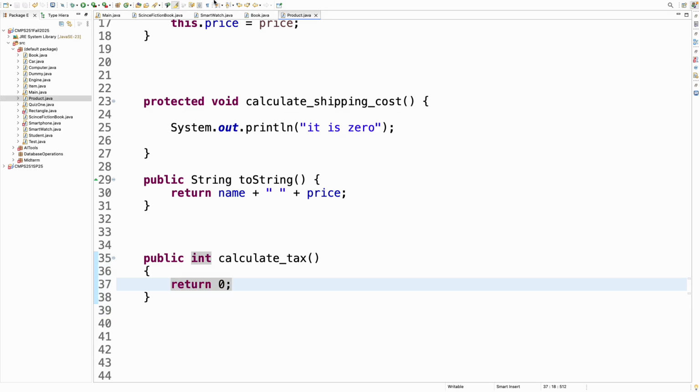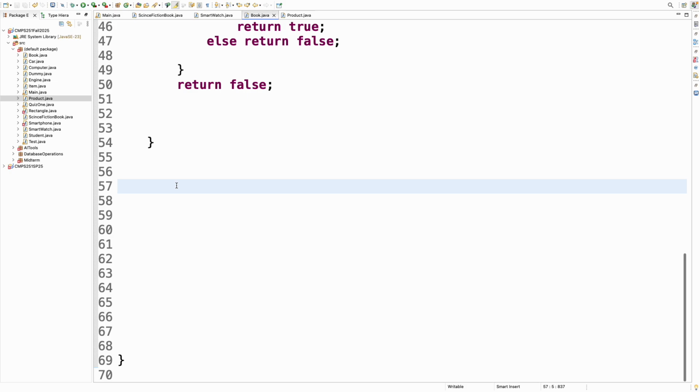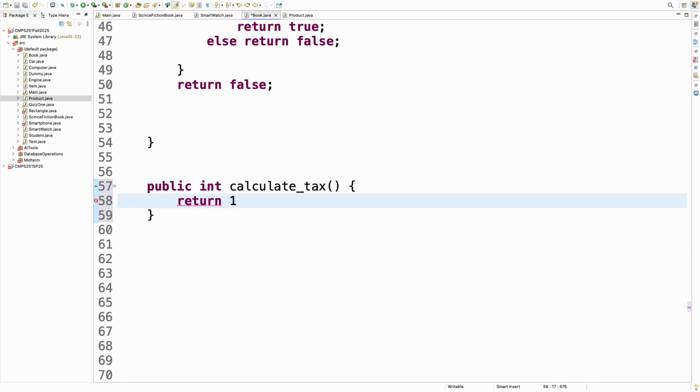If I keep it this way, then a person might come and say that for the books, I would like to change that. He has the ability to say that it will return 10, whatever it is. It can change its value. So I don't want this to happen. So what I will do is